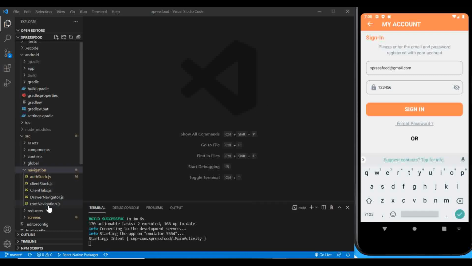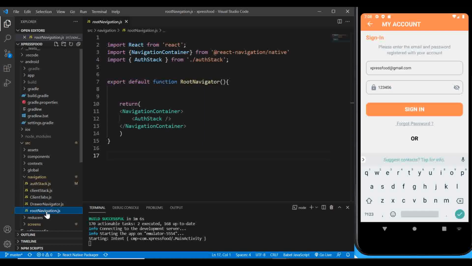You go to the root navigation file.js, where you should have your root navigation.js file, and inside this we're going to change a few things just now. First of all, we must import the